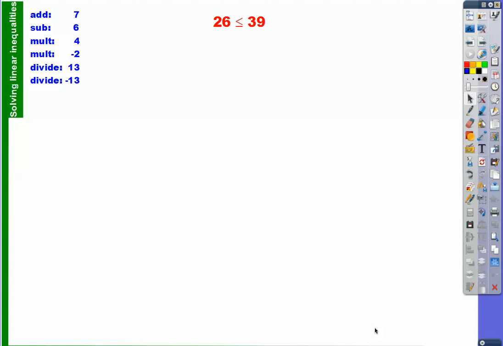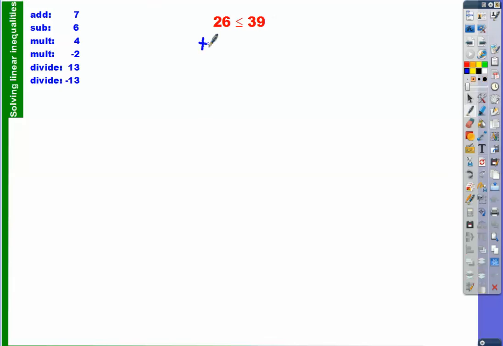All right, so we're going to talk about solving an inequality, and we're going to start at the beginning and look at whether adding, subtracting, multiplying, and dividing will change a true statement to false, and if so, how do we deal with that? So we're going to take 26 and 39, and we're going to apply these different operations and see what we get. So first, let's add